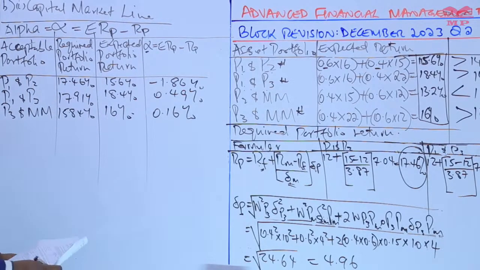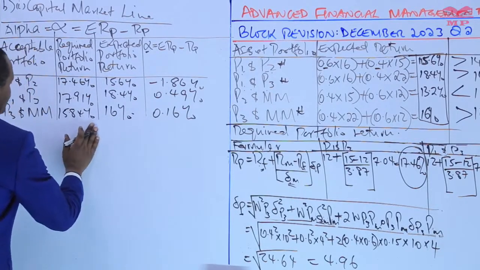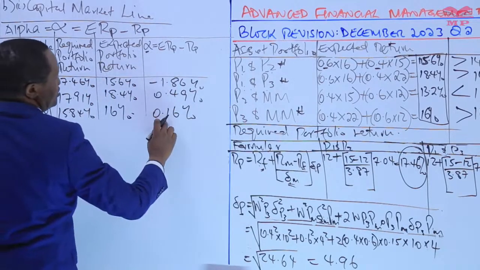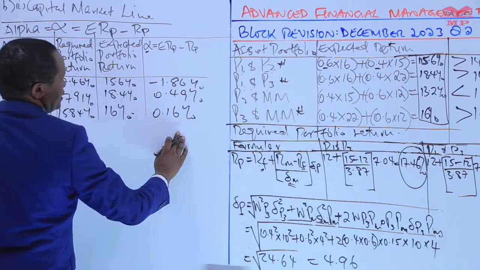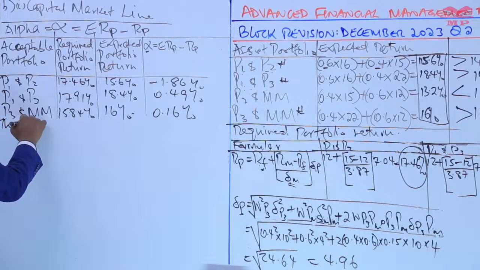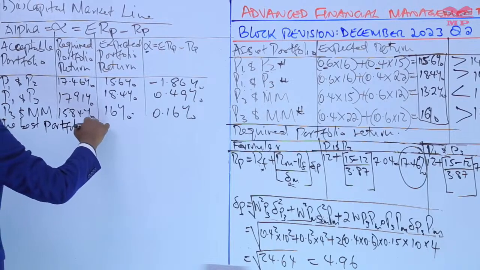So you can see, candidates, we have analyzed. The question was, evaluate how Daniel Wekesa should invest the 5 million using the capital market line analysis in portfolio theory. So we started by saying that we ought to calculate the alphas for each portfolio. The alpha that will promise the highest return is the one to invest in, and therefore the best portfolio to accept